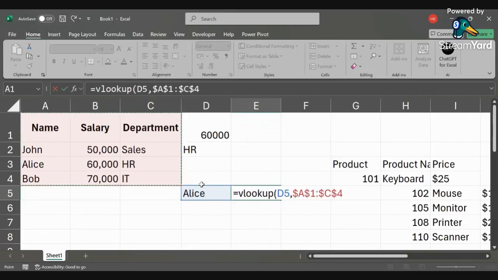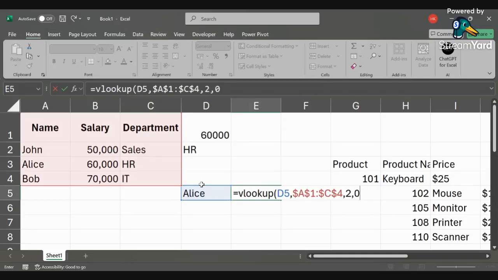Okay, press function and F4. Now, when you press function and F4, that means you are holding that reference in particular. I've shared this in one of the Facebook Lives as well, so you can go and check out what this absolute reference is. This is actually fixing the range. Okay, comma, where the salary is in 2.